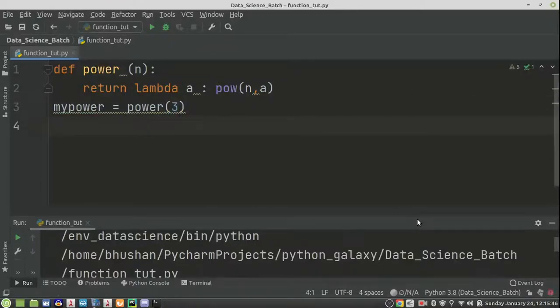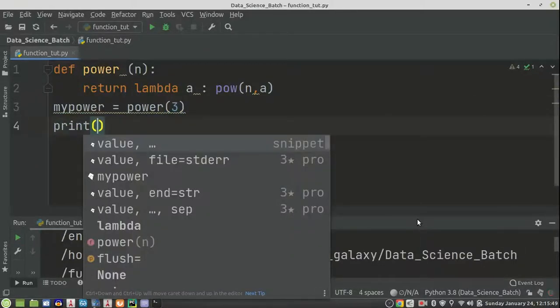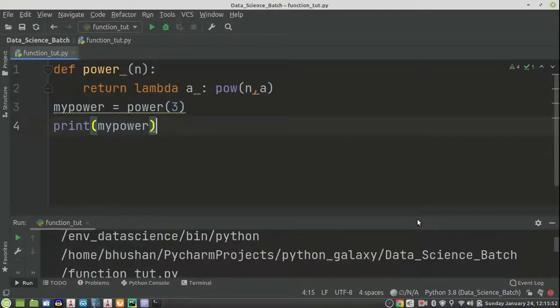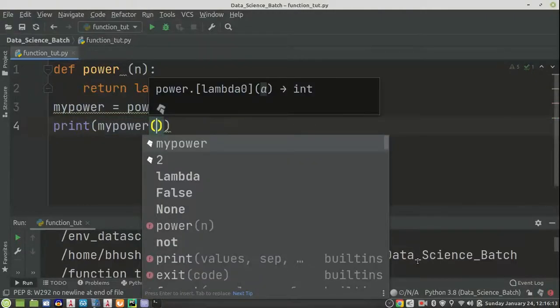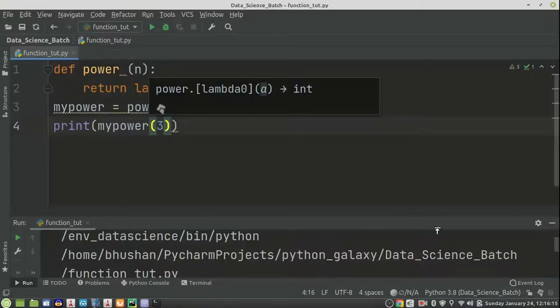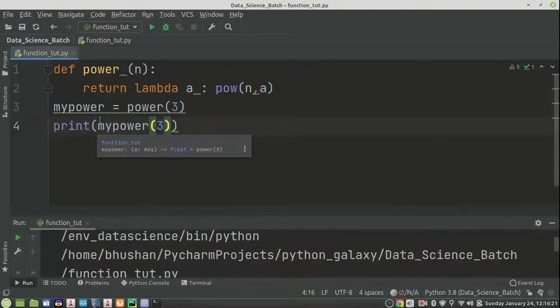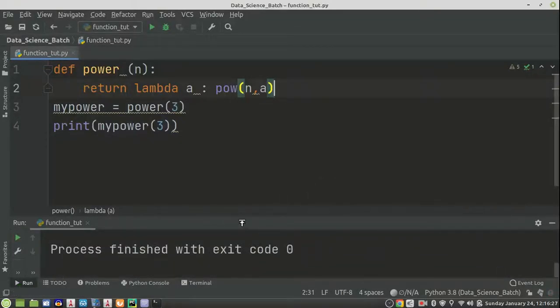Up till now this my_power looks like a variable, meaning whatever the power function returns, this variable will store the value. But suddenly the behavior of my_power will change, because right now I will pass one argument to this variable, and this variable will act like a lambda function. Now I will show you how. So I will run it, and here I got the output, that is 27. Now how did I get this output, 27?